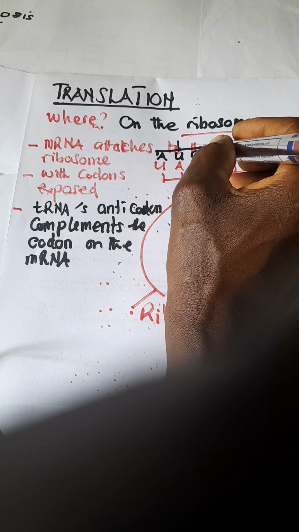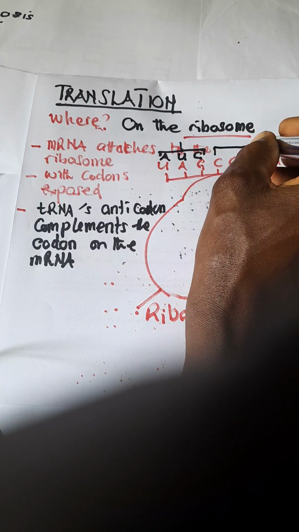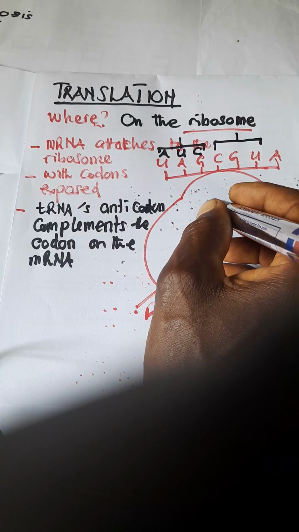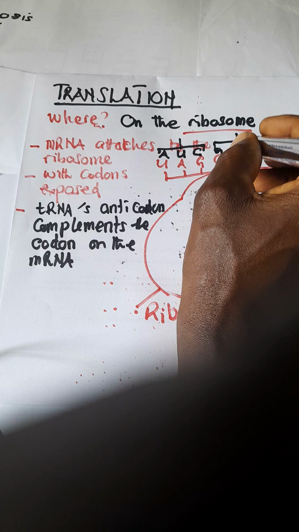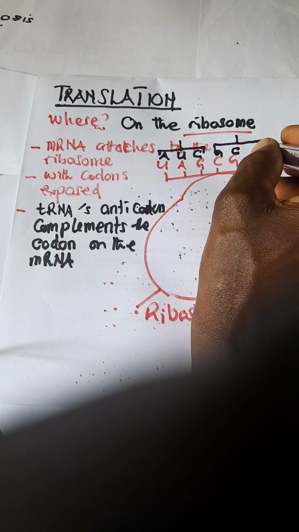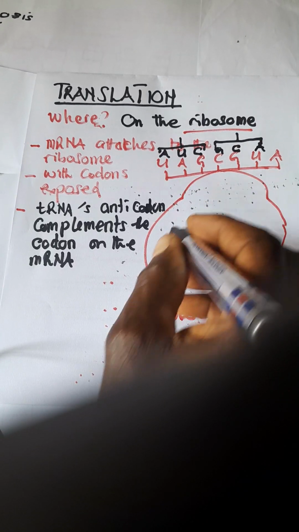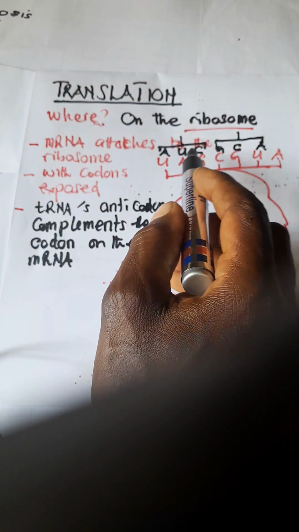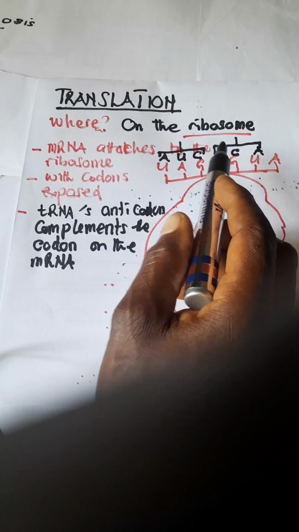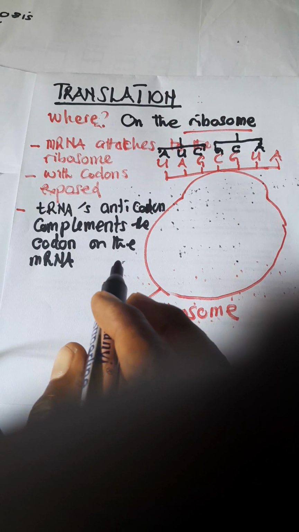And we're going to have another triplet there. Remember, they go 3 3 there. So here we're going to have G, right? Then you're going to have C. Then here you're going to have A. I guess it makes sense then. Now, as you can see, we have 3 3 3. So the triplet bases on the